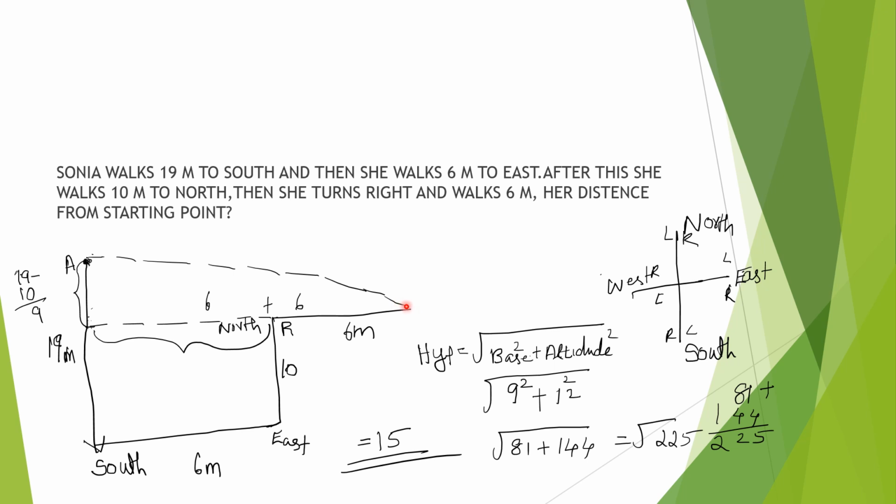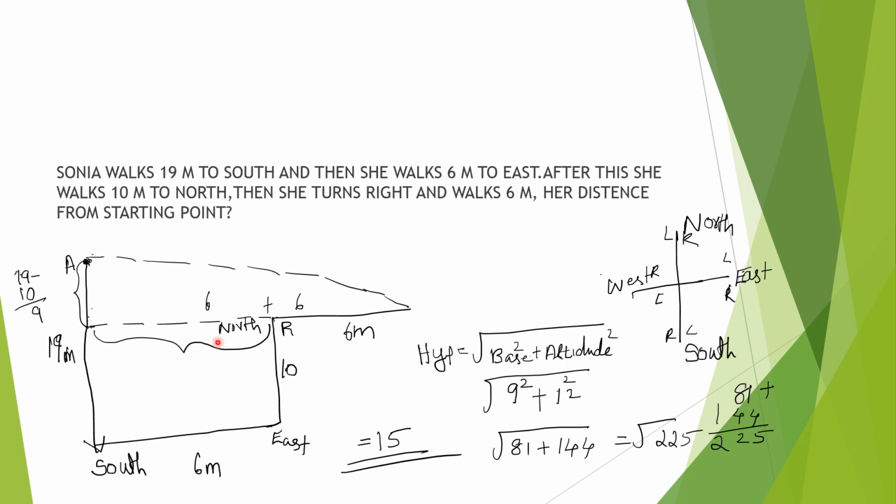Sorry. Here is the distance from the starting point. This is the starting point. So you see here and this one and here, it becomes a triangle. This is the starting point and this is the end point. So it becomes a triangle like this. To find it, you know that the hypotenuse is equal to base square plus altitude